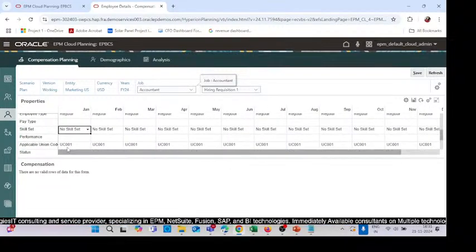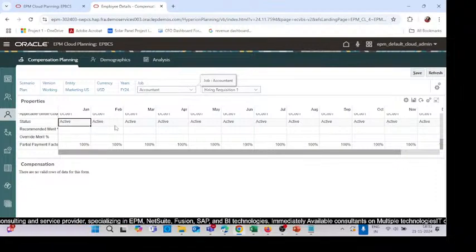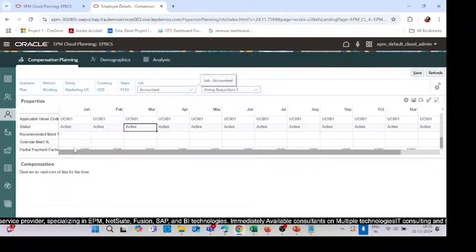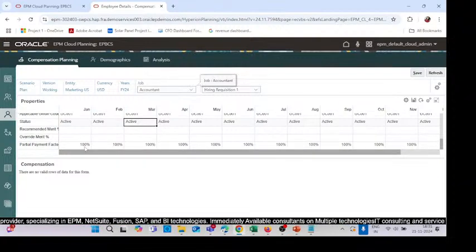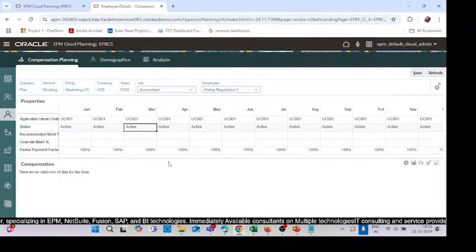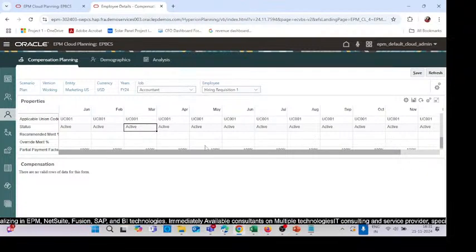So here you can see the applicable union codes, the status is active, this employee is active, and the rest of everything I'll show you when I run the rules. So rules will be run to see the calculations over here. Partial payment factor is already 100. Okay, now